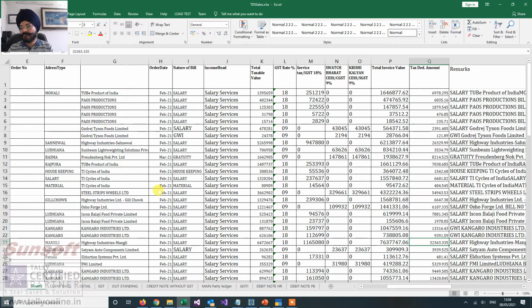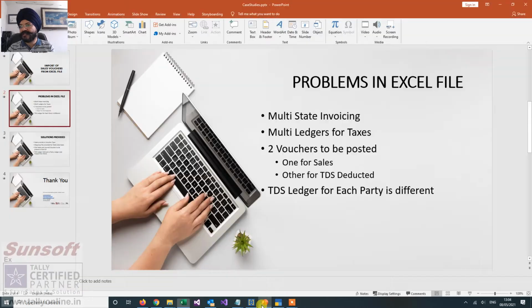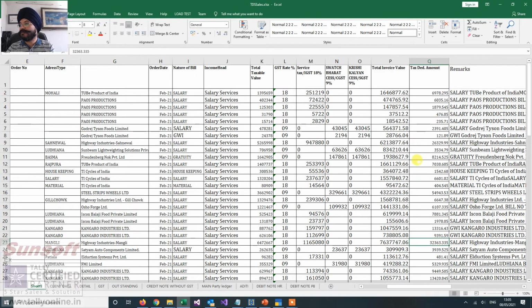So our problems are that there is multi-state invoicing, there are multiple ledgers for taxes, two vouchers need to be posted, and a TDS ledger is different for each of the parties. Now one way is that I can say you can put a TDS ledger here, so the customer has to remember and put the TDS ledger every time. So let us see how we have done the solutioning.